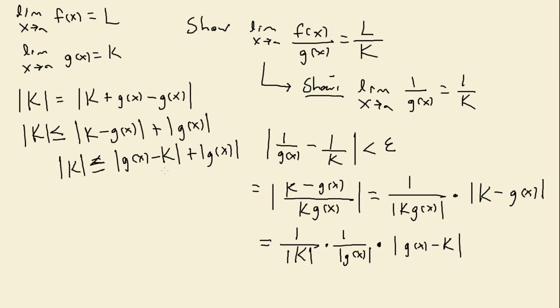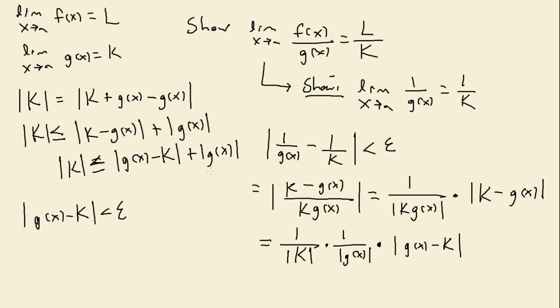And now if you notice, this expression here, the absolute value of g of x minus k, looks strikingly similar to what you would find if you were to play around with this limit with the formal definition. The limit as x approaches a of g of x is equal to k. Well, that tells us that there will always be some delta value which will make the absolute value of g of x minus k less than epsilon, no matter how small that epsilon gets. And armed with this information, we can think of a value for epsilon so that we can basically get rid of this expression